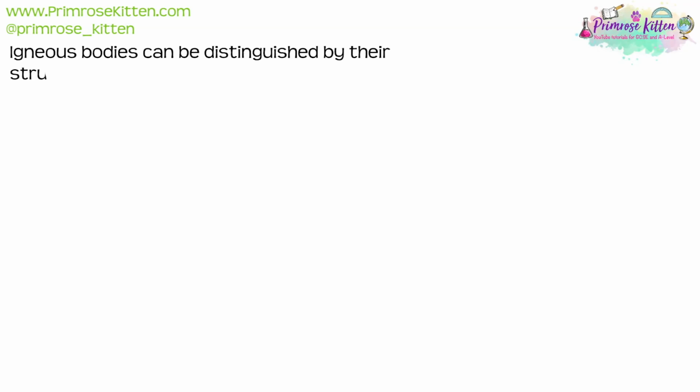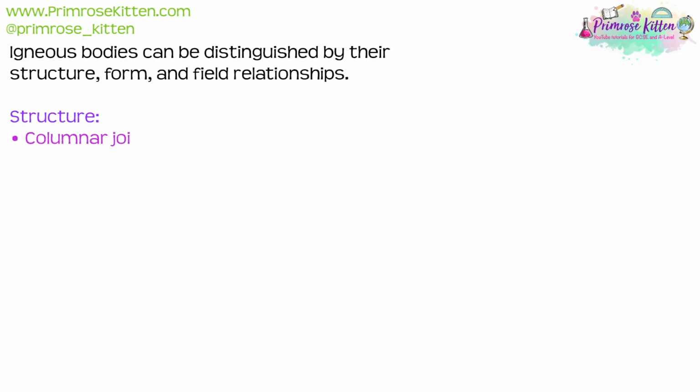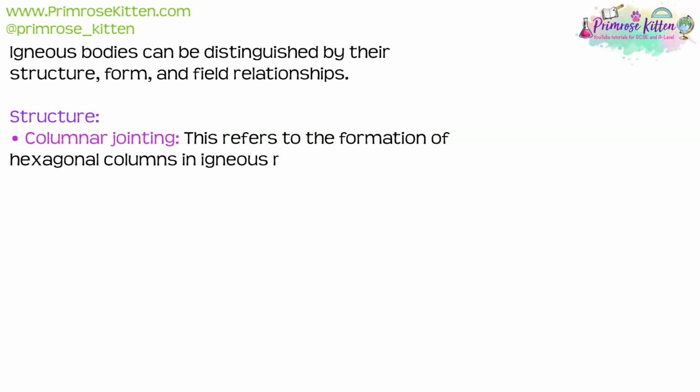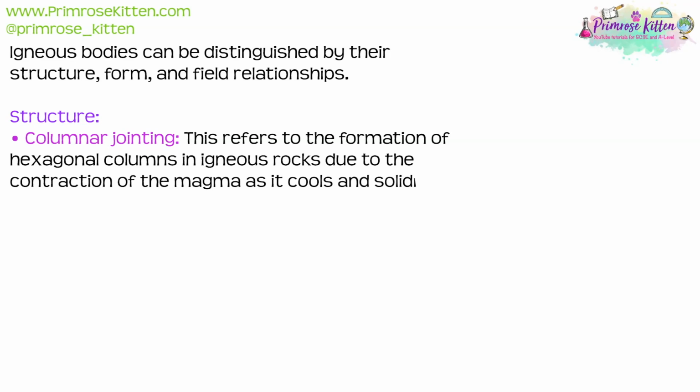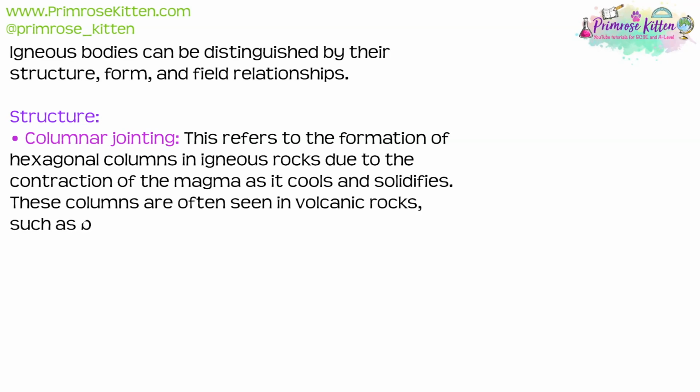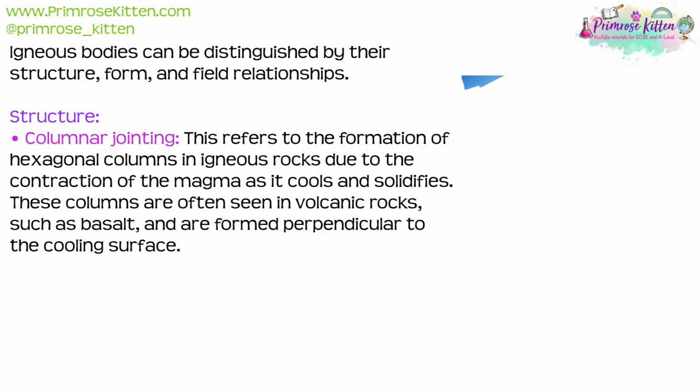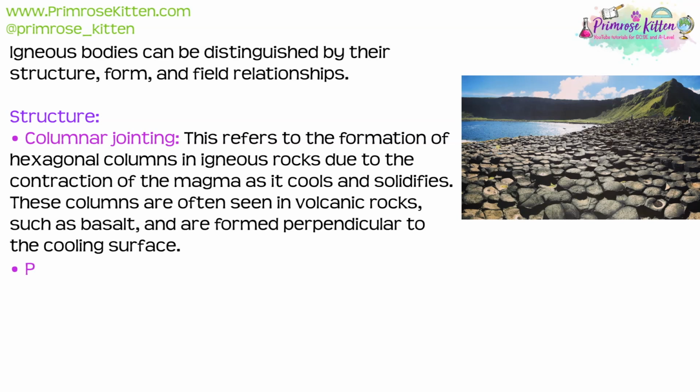Igneous bodies can be distinguished by their structure, form, and field relationships. Let's look at structure. Columnar jointing. This refers to the formation of hexagonal columns in igneous rocks due to the contraction of the magma as it cools and solidifies. These columns are often seen in volcanic rocks, such as basalt, and are formed perpendicular to the